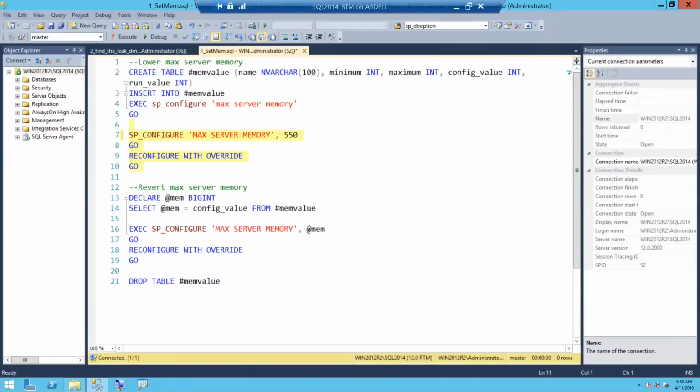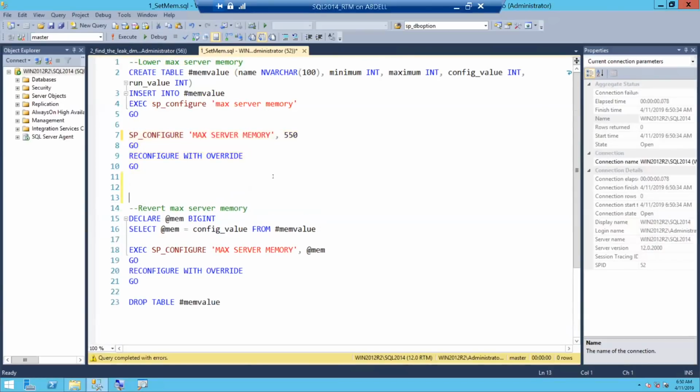So what am I trying to do? I am trying to create an out of memory condition, and then we will troubleshoot where things went wrong. Because there's like 16 GB memory here, and I really don't want to hog up so much, I'm setting it to 550 MB. So let's execute that. And I got an error because